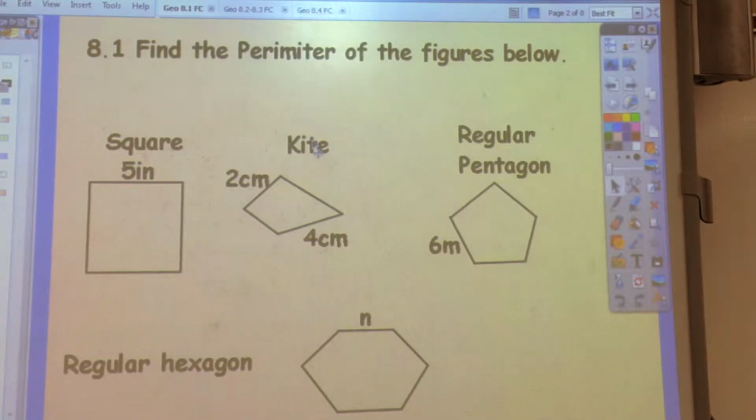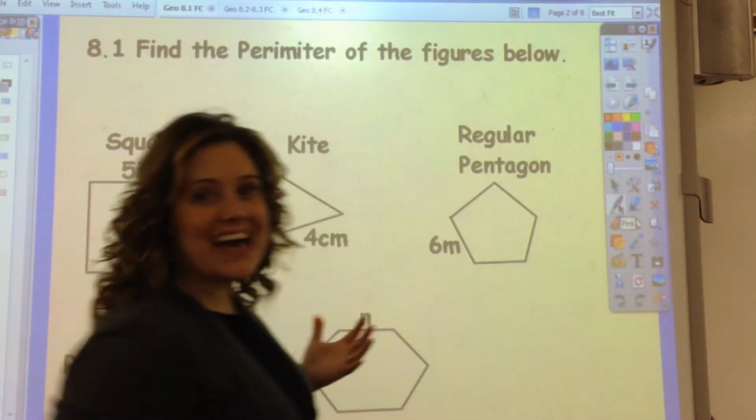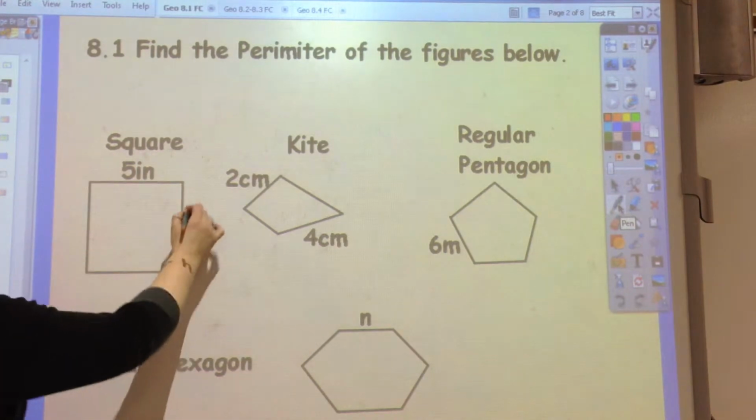Today we're going to talk about finding perimeter, and soon we'll be talking about area. So first off, let's look at the shapes that are on the front board and find the perimeter of each. The perimeter is simply a distance around. So if I'm looking for the distance around a shape, I'm simply going to add the lengths of each side